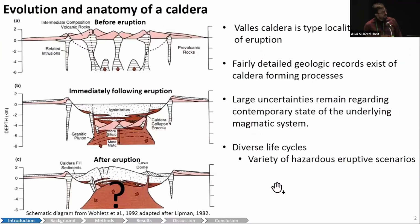So here I'm just showing a schematic diagram of the structural evolution and anatomy of a caldera system. In A, we have before caldera eruption. In B, I'm showing immediately following eruption, where so much material is ejected that the roof of the chamber actually collapses in on itself. And then you have these outflows of ignimbrite deposits and increased structural complexity generally. And then in C, I'm showing after eruption, where you have uplift of the resurgent dome, and then more moderate magmatism and volcanic eruptions on the flank of the resurgent dome, but still within the caldera ring fracture,